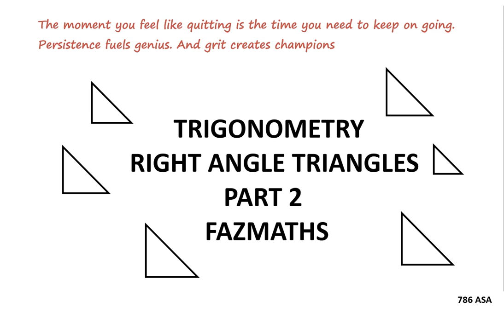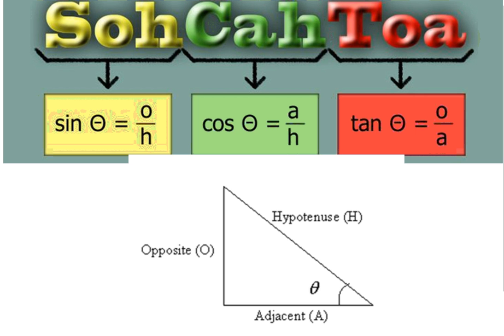Let's cover the basics before moving on to some examples. Okay, so what you need to remember is SOHCAHTOA. S is the sine, and it's always opposite divided by hypotenuse. So the sine of an angle is O divided by H. The cos of an angle is A divided by H, and the tan of an angle is O divided by A,